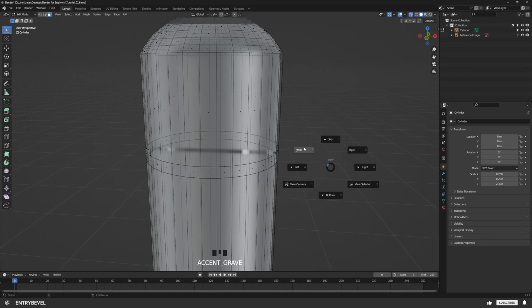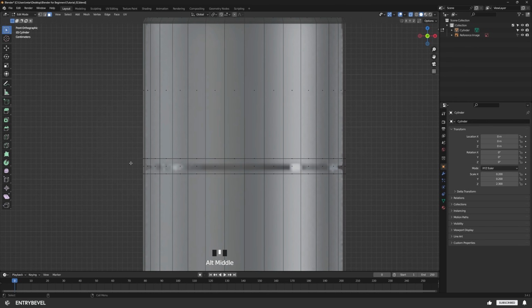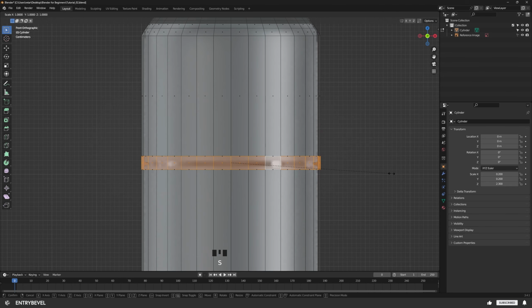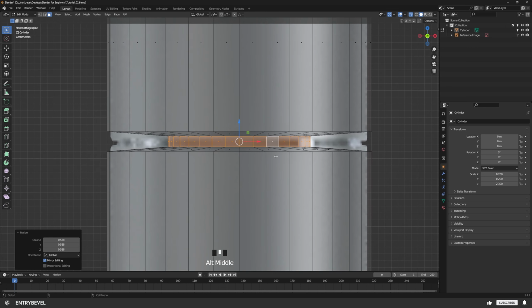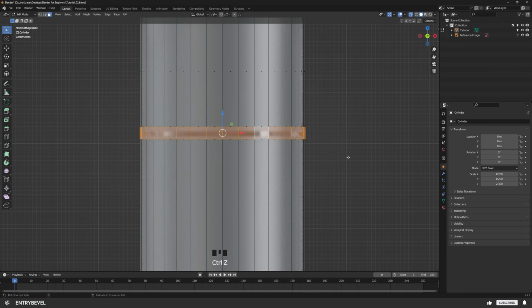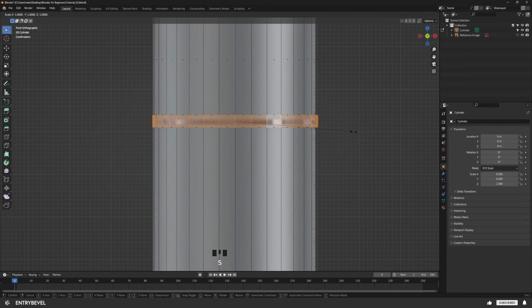So to do that, go back to our front, select all these guys, and now press S for scale. And as you can see, now it's going inside. So there's an issue here. As it's going inside, it's changing the top and bottom, which I don't want. I want the top and bottom to stay in the same line as the body. So how do we do that? Let's undo,